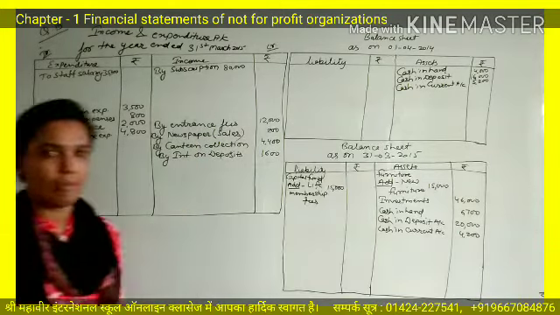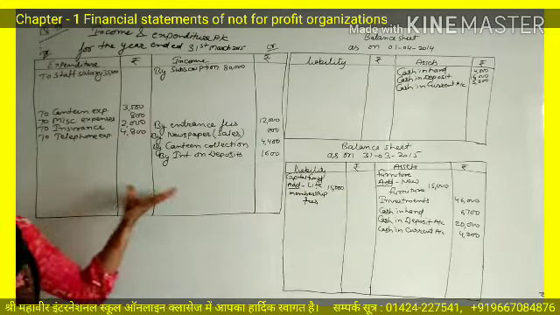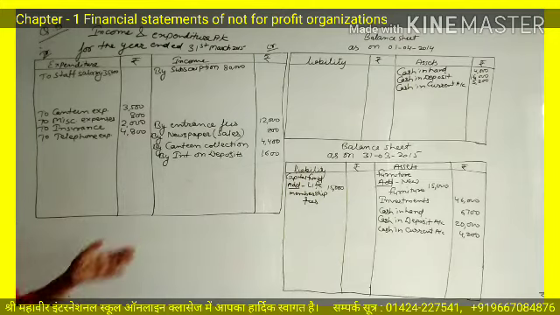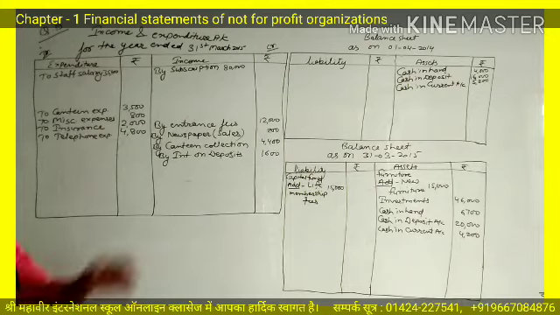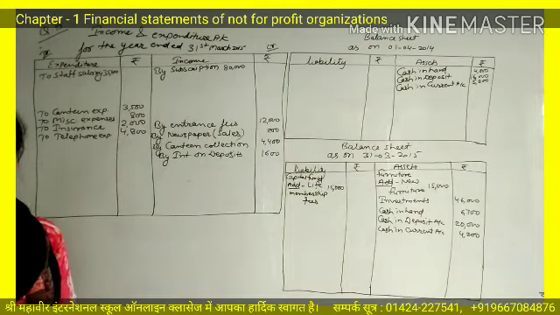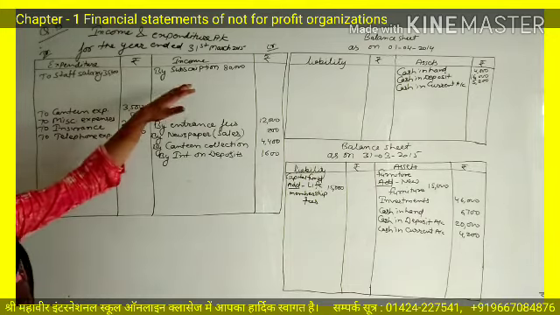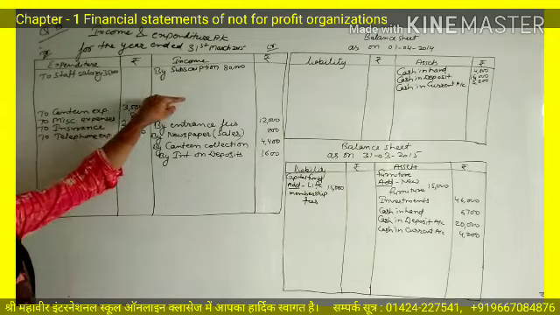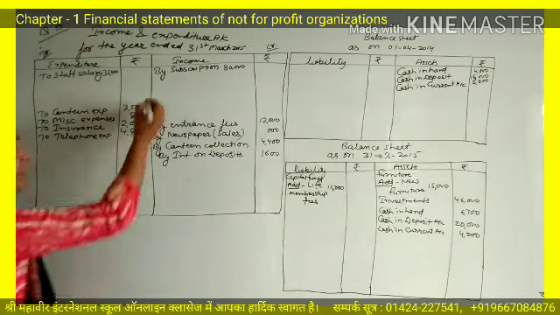So now the information given in the receipt and payment account is completed. Now let's move on to additional information. Point number 1 is outstanding subscription. As we cleared this point when we were discussing the subscription, the outstanding subscription of last year will be deducted from subscription and the current year's will be added.